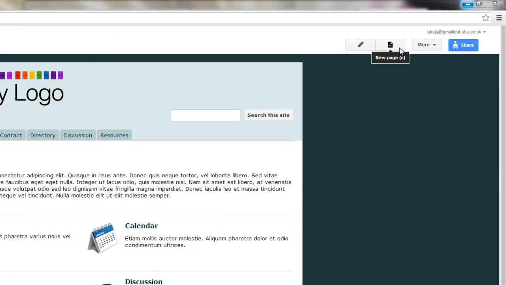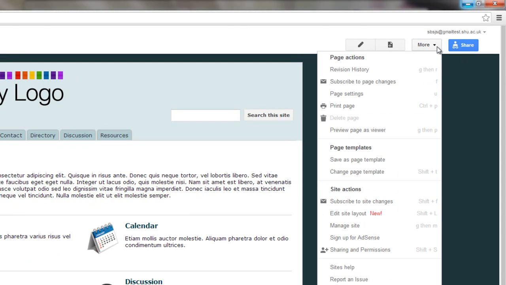The second one allows you to create a new page at top level. So if I created a new page now, it would be added to my navigation bar here. The third button allows you to open the More Actions menu, and if I click this one, you'll see that there's a whole host of different things that you can change, but we'll look at that more closely in the